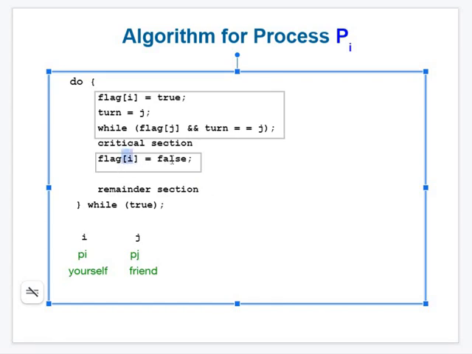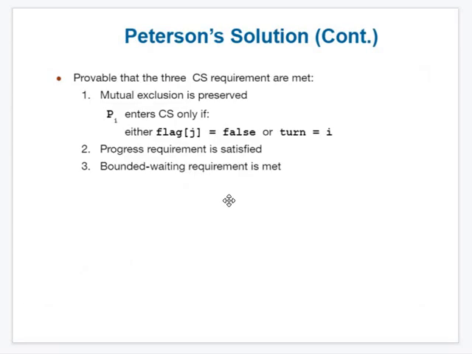So next, once it is a Friday, what happens for him? For him it becomes false. Why does it become false? Because Wednesday, Thursday he has referred. So on Friday make his flag false. What if you make his flag false? Definitely the textbook is with I, that means you. So this is how it works. I hope it is clear now.